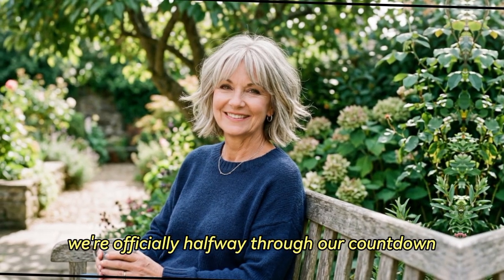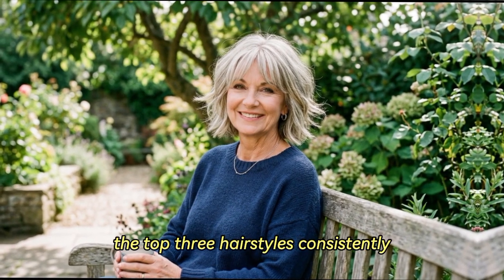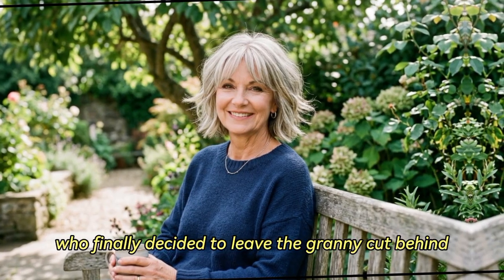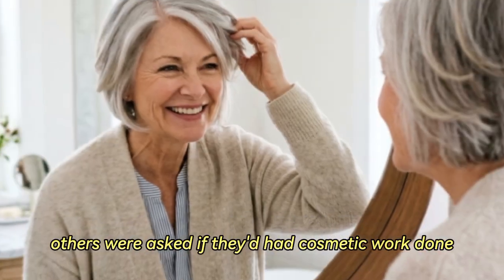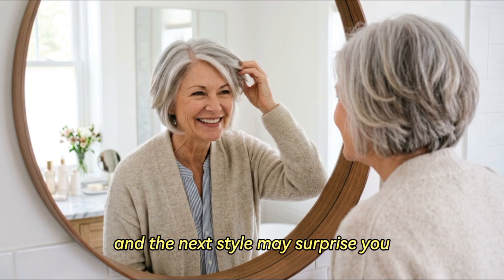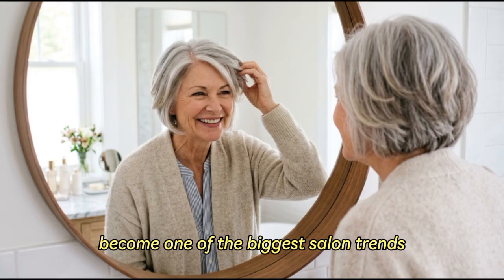We're officially halfway through our countdown. And here's something interesting. The top 3 hairstyles consistently receive the most compliments from women who finally decided to leave the granny cut behind. Many say friends asked if they'd lost weight. Others were asked if they'd had cosmetic work done. The truth? It was simply the haircut. And the next style may surprise you, because it has quietly become one of the biggest salon trends for women